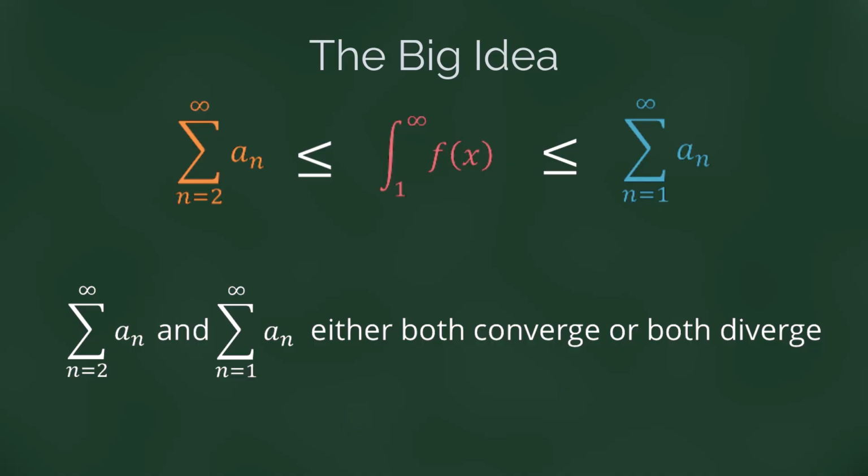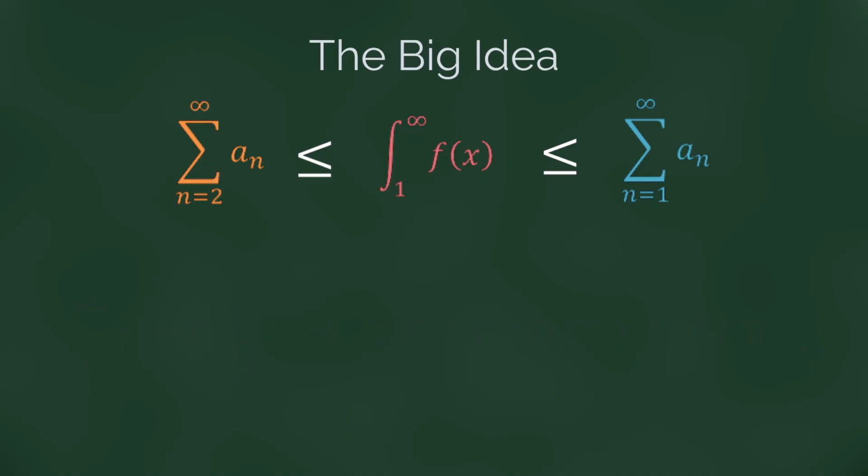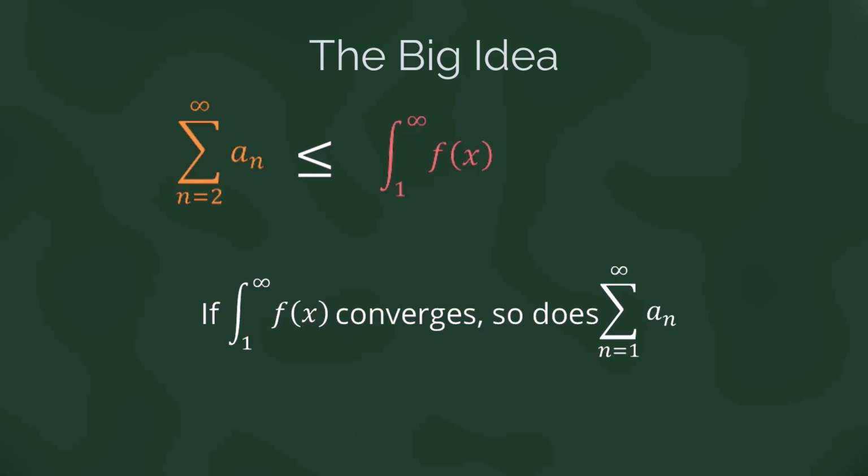You will still have an infinite sum. So these either converge together or they both diverge together. And that's going to be important in understanding how this test works. If we focus on the left side of our inequality, we can conclude that if the integral from 1 to